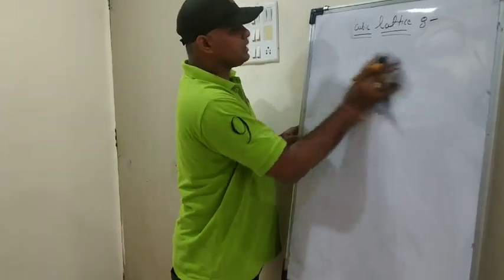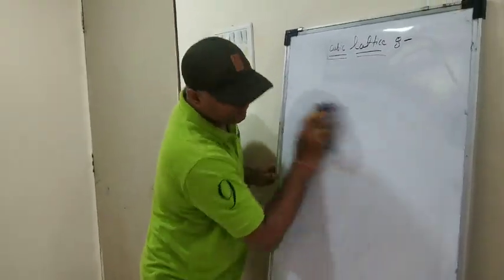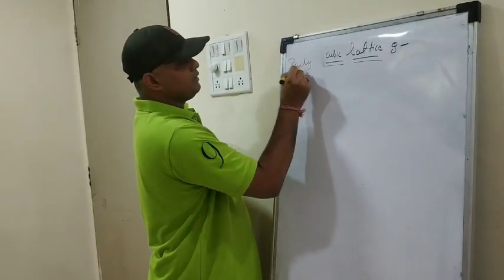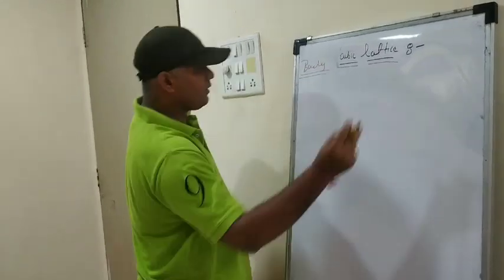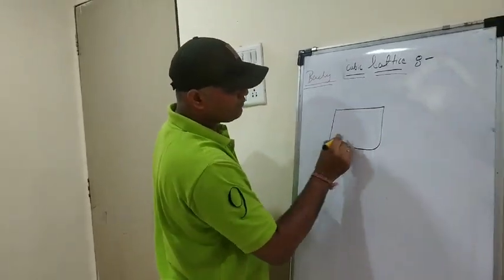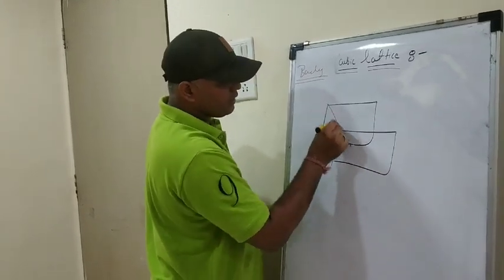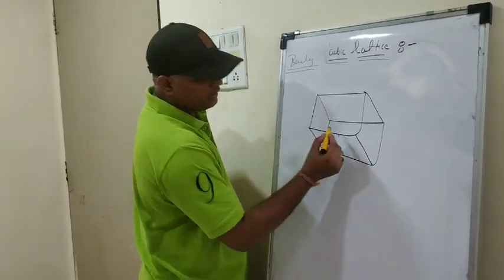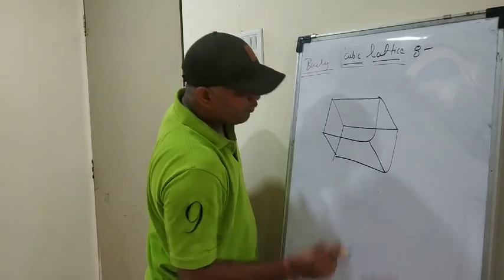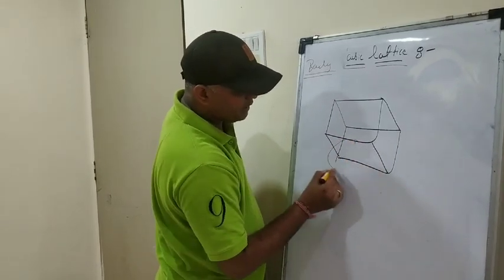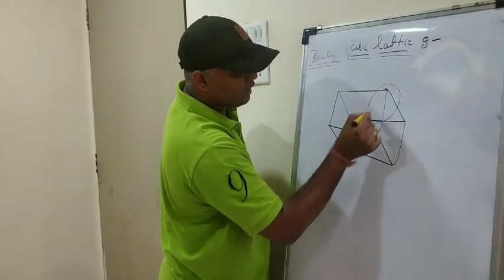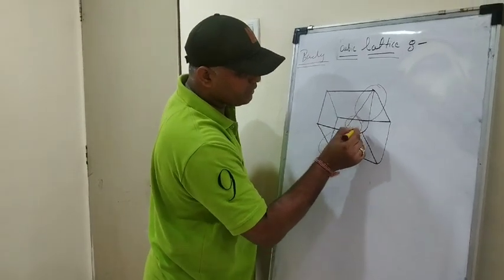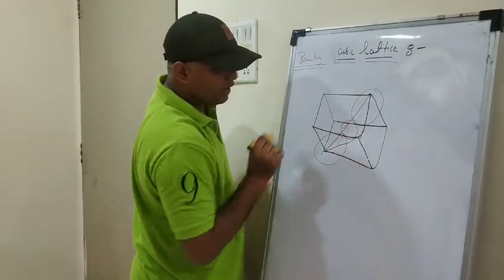So what will be the situation in the body centered cubic lattice? For body centered, let's draw the cube once again. We know that the particle is present at the center of the body. At the center of the body, the particle is present, right? One particle is here, one particle is at this corner, and one particle is at the center. So this becomes the body diagonal. Are you able to identify it? See, this is a body diagonal, right?